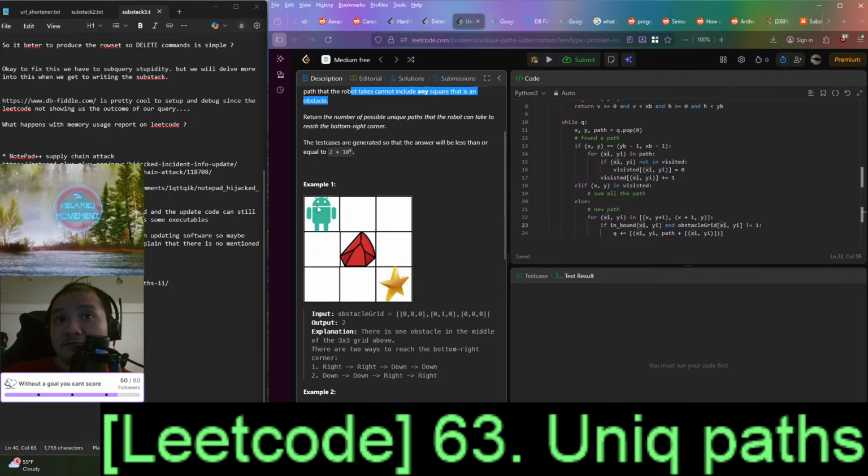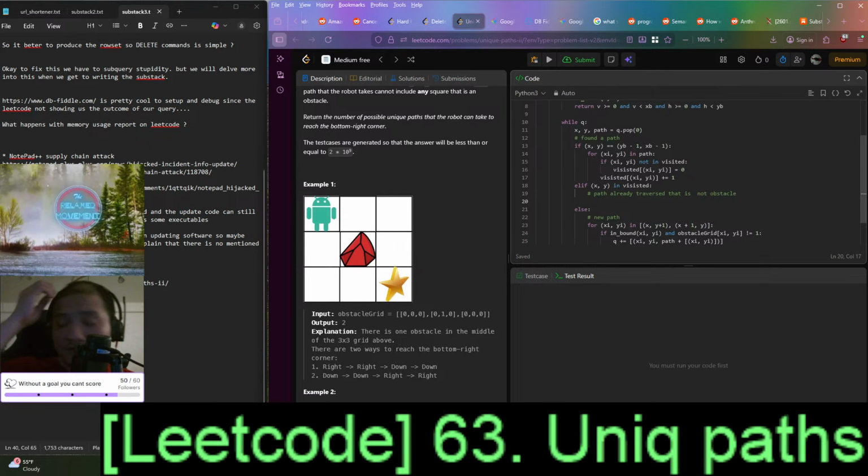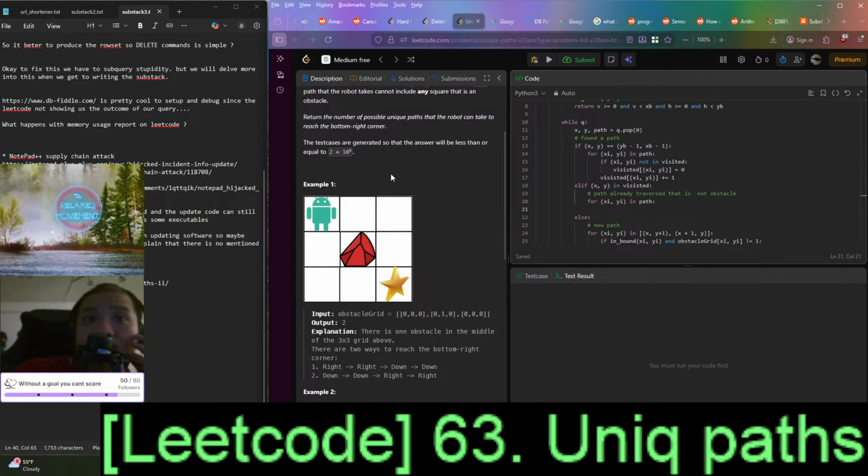So if we already land on, this means path already traversed, that is not obstacle, right? So we loop from path, right? So let's say we end up here, and okay, hold on, because this one has more path, right?